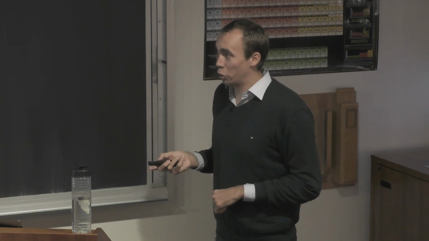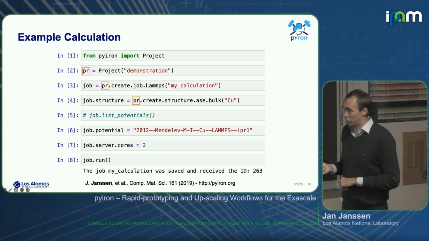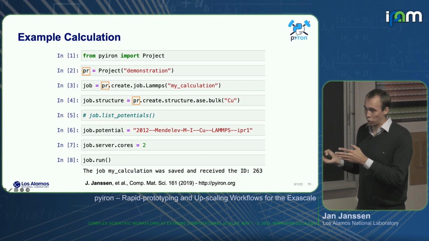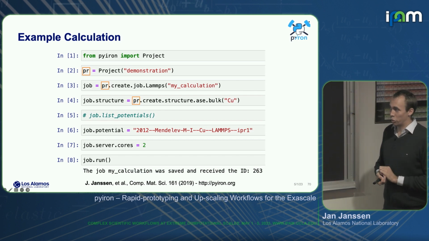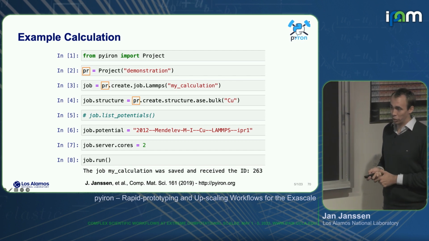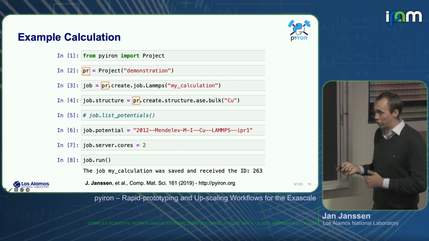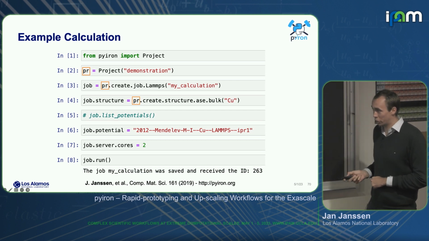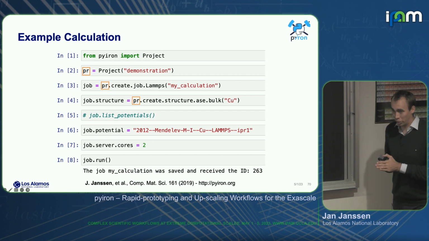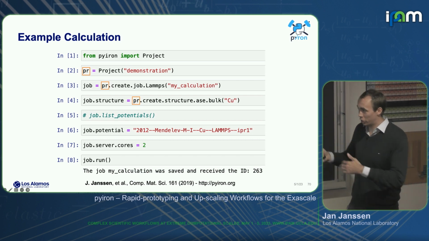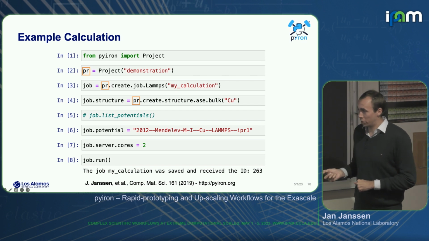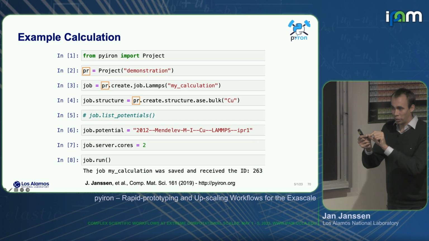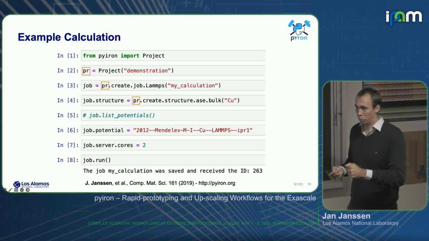And we communicate this information by the factory pattern. So that's what you see here. We use a project to create our LAMMPS calculation object. So the LAMMPS calculation object already knows that it should save its data into the folder of this project. Right? By just having the project here as an object which creates the LAMMPS object. The same applies to the structure. Jörg already showed how we can access databases like listing the potentials. Here just select one, and then I select the number of cores. And finally, when I call the run command, that's basically when I go through the whole simulation lifecycle and do all the automation part.